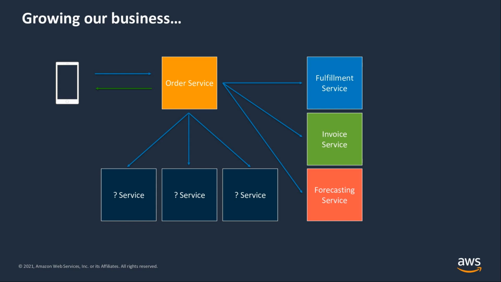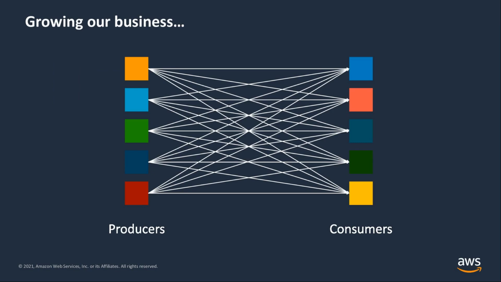Just getting a little more complex here. But what happens if we add more consumers as a result of expanding our business? It can quickly get super messy. The order service now has to be updated whenever a new consumer is added to the system. And the whole point of agility can quickly get lost in this model. To take it to an extreme, it could look like this. It gets even worse if those new consumers also start producing events for other consumers.